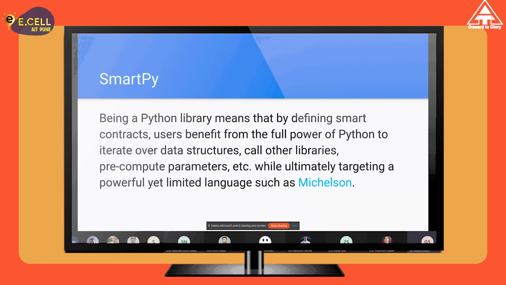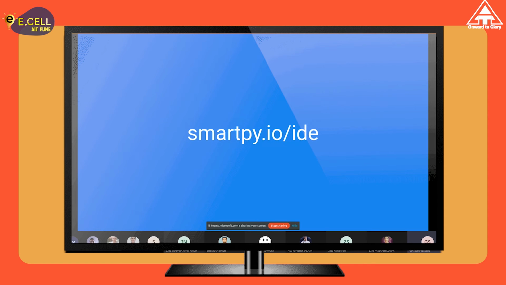So to write smart contracts, we can do it in local IDEs like VS Code and stuff, but the IDE support, like VS Code support or some local IDE support, is not that great yet. So we'll use SmartPy.io. That's a web IDE, very similar to Remix if you have developed smart contracts on Ethereum. It's a web IDE where you can write your code, and at the same time you can deploy and test your code all in that IDE itself. So we'll be using that for development purposes.